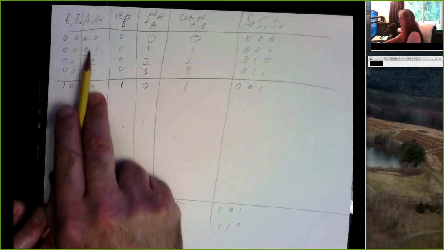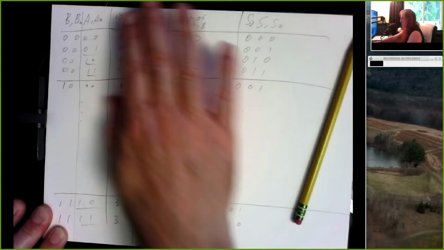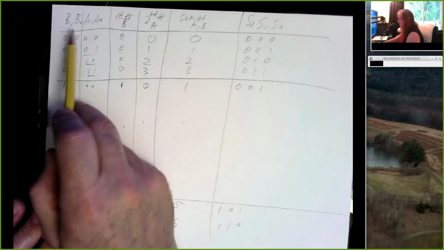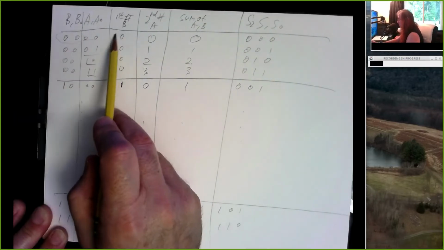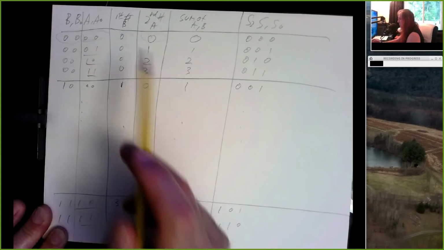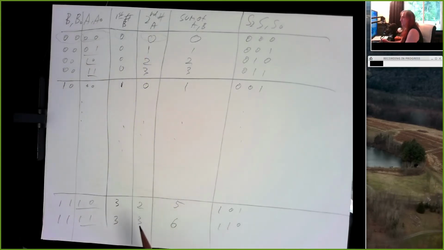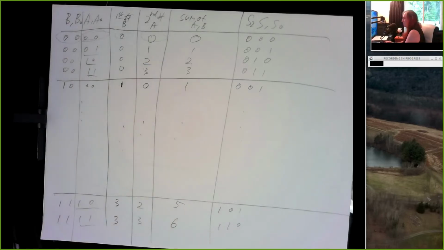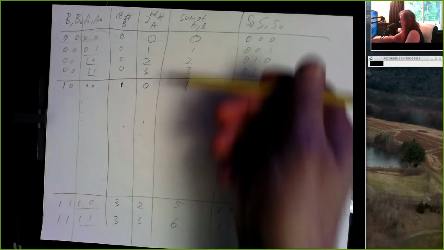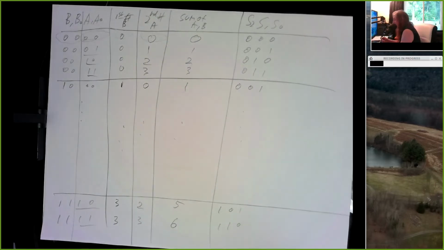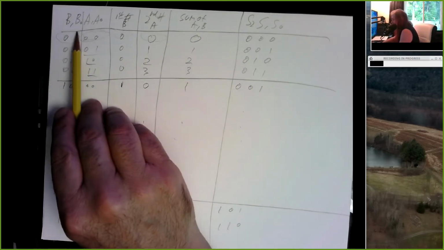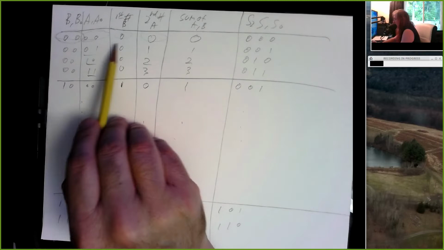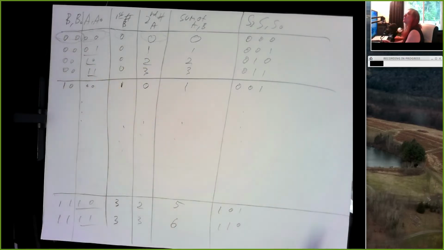So I ordered these in the usual way we order a truth table with 4 inputs. And these 2 bits over here correspond to B. These 2 bits correspond to A. And thank you. We could do those in a different order if we wanted, and eventually this information would appear in some other row. But B is just the number represented by these 2 bits. A is the number represented by these bits. So I'm not sure I see a